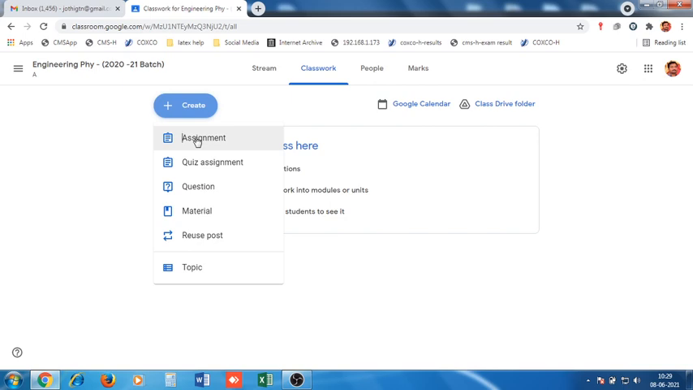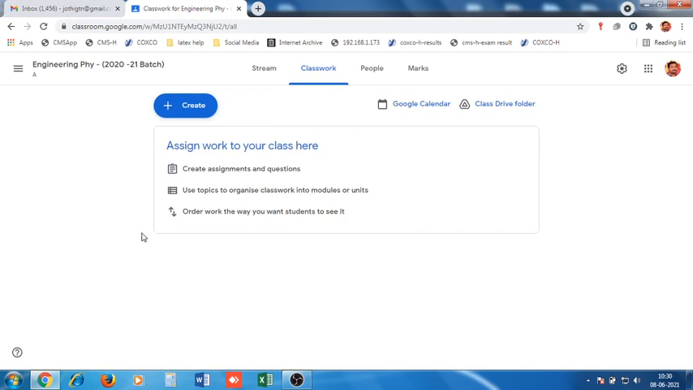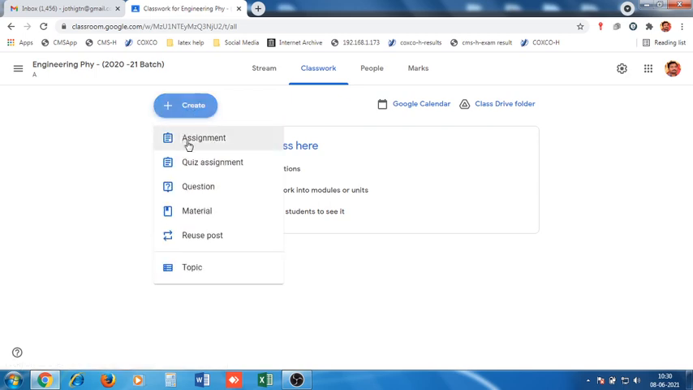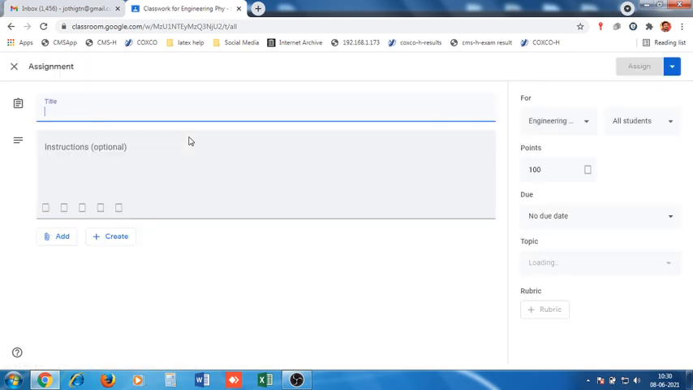Or if you are sharing a question, they can take the question, write the answer and submit it in PDF format. By the way, you can also conduct examinations. So for conducting examinations and for giving class lectures, you can create an assignment. In this assignment, for example,